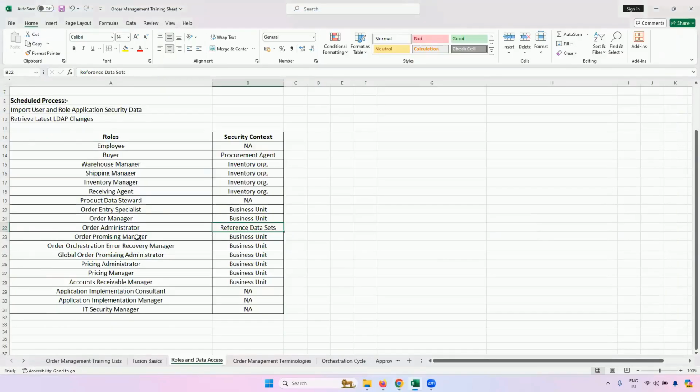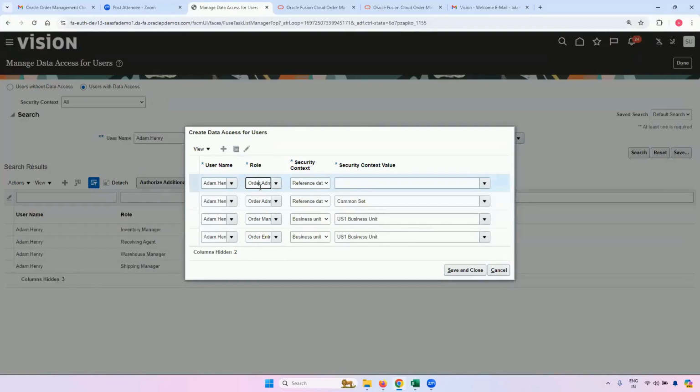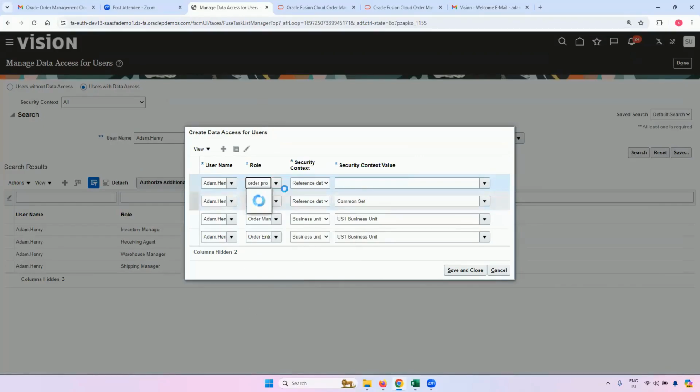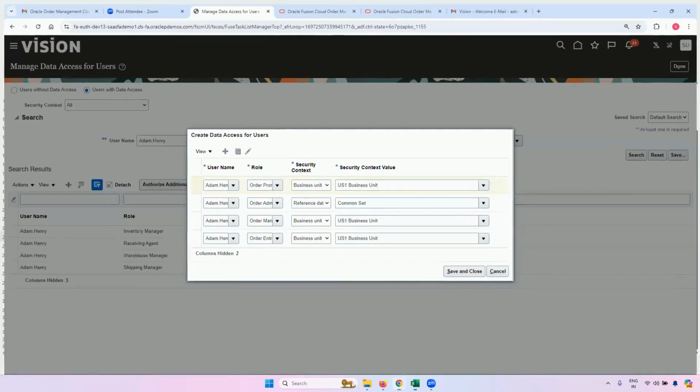Then for others, you have order promising manager, you have BU only. So when I create all the transactions, it will be more clear to you. What was it? Order promising manager. Order promising manager will be BU. Then you duplicate it.